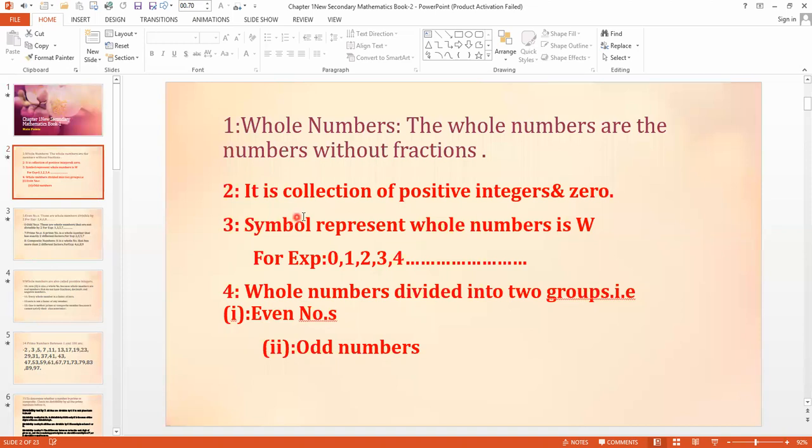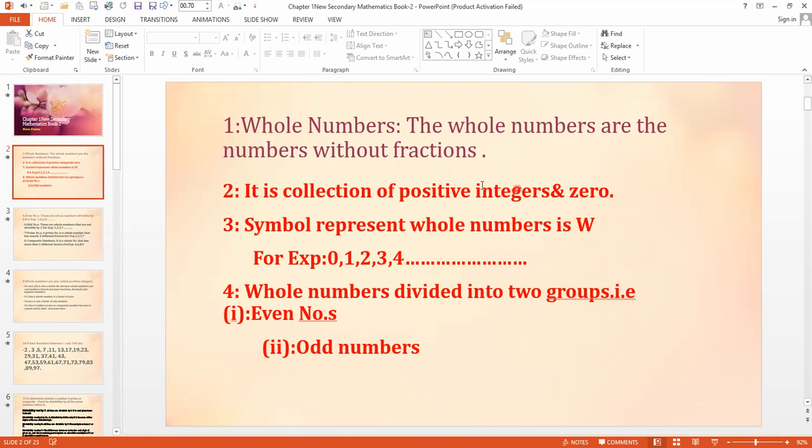The first one is whole numbers. I think all of you know about whole numbers from the previous classes. Very good. What are the whole numbers? Whole numbers are such numbers which are not in the form of fraction or decimal. Clear? And what is the first whole number from which we have to start? Yes, we have to start whole numbers from 0, and we have to start natural numbers from 1, 2, 3. Clear? Now we come to the first point.